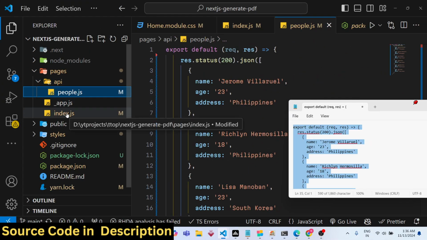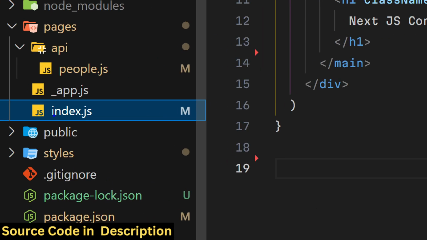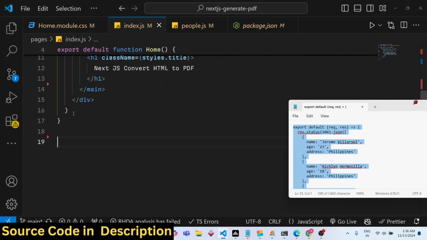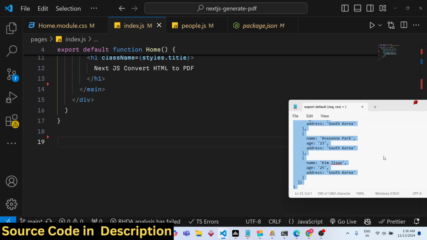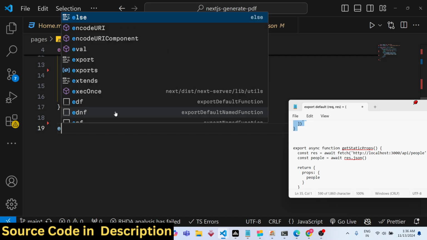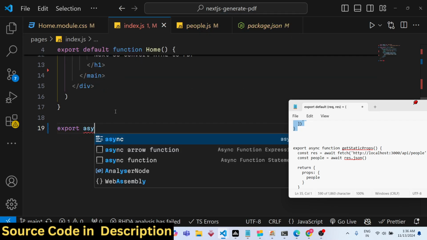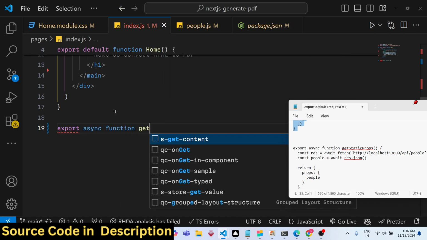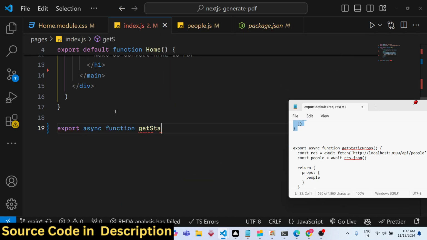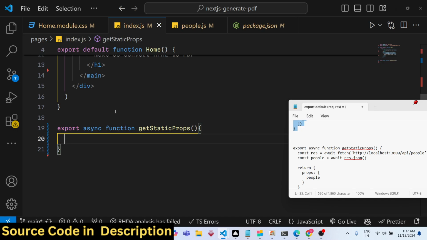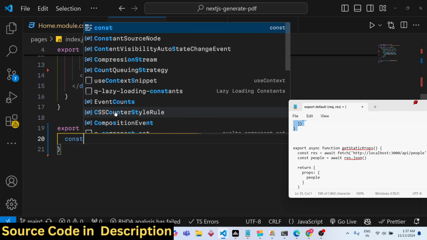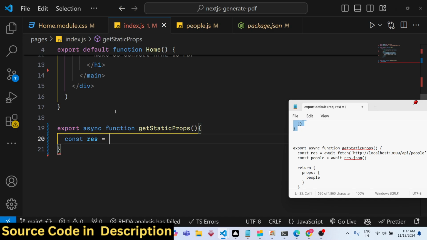And now to consume this, we just need to go to our index.js file. For consuming this inside your application, we do need to use getStaticProps. Here we will simply say export async function, and then we'll be using this getStaticProps function to actually access this API route. For this we will be making a simple fetch request. It will be an async function. We will say await, and then we'll make a simple fetch call to the